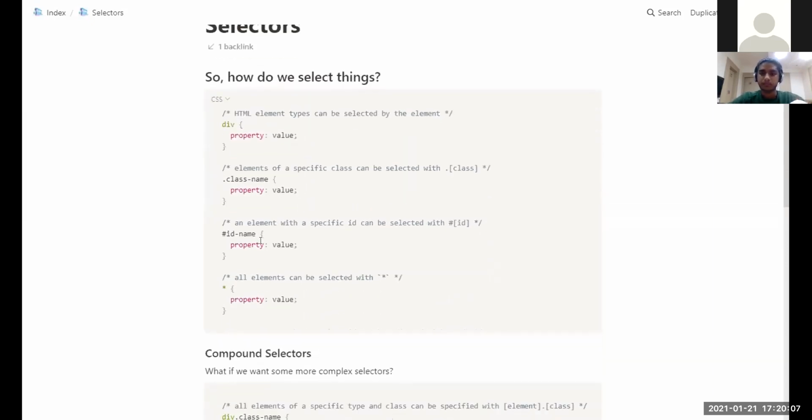And if you want to, you can select every single HTML element in your entire page just with the star, asterisk, whatever you want to call it. But of course, sometimes we might want to be a bit more specific, right? What if we don't want to select, for example, every div? What if we want to select a div with a class name? Or what if we want to select a class name, but it has to be a div? Well,